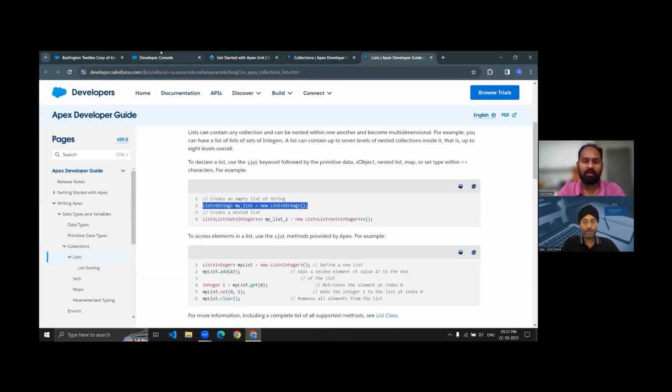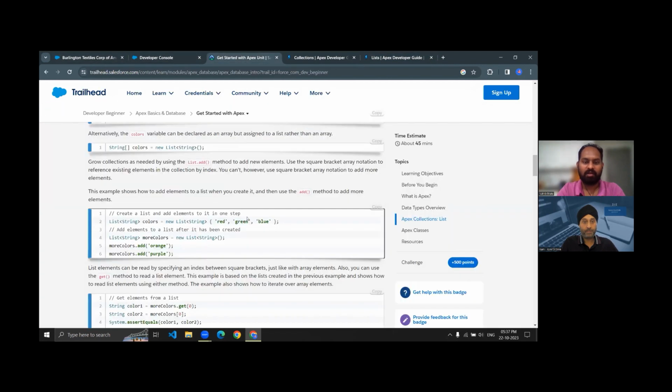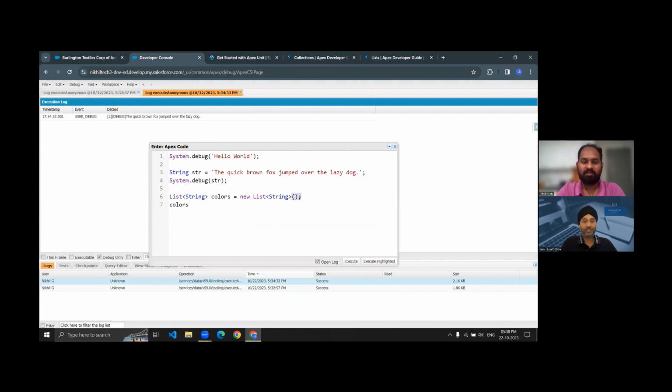Sorry, no, red, green, blue are not the constructor. These are the elements we are sending to the constructor. The constructor is basically what gets executed first when we are initializing this list, as soon as we are initializing it. That's an OOP concept actually. So let's send these 3 variables here, and if we debug